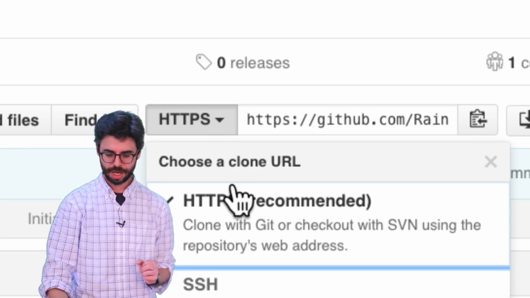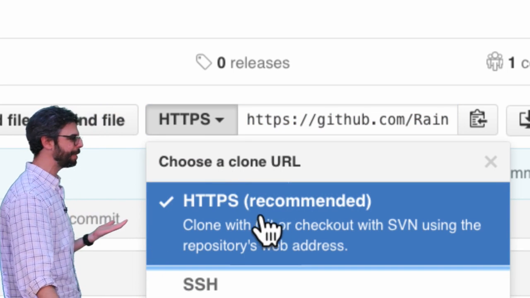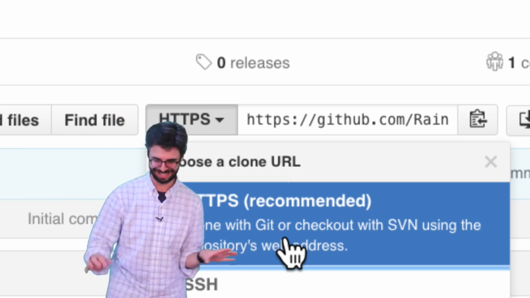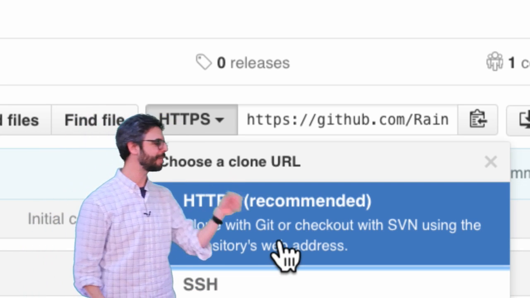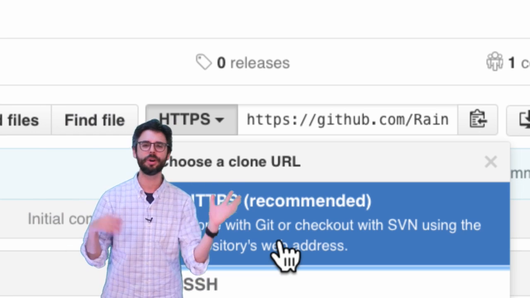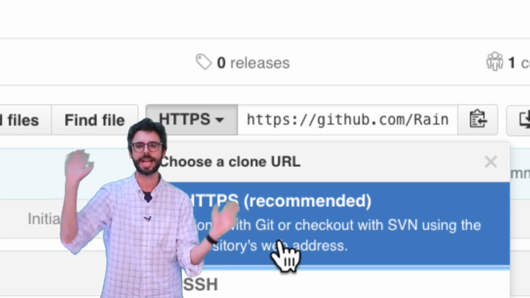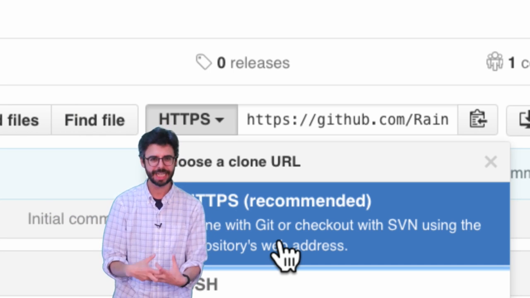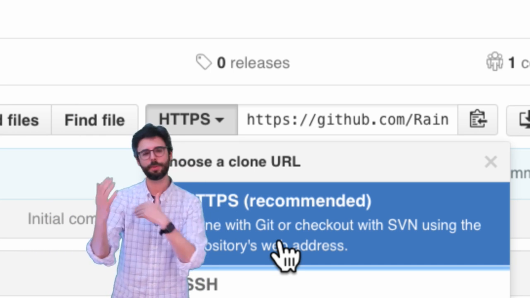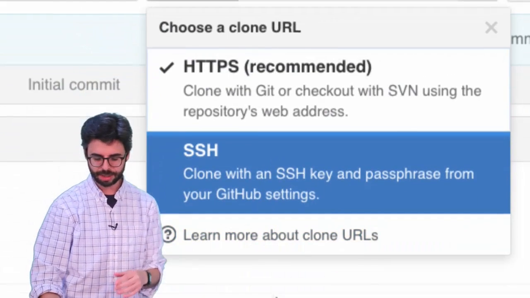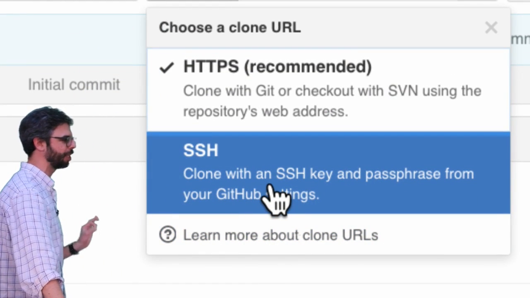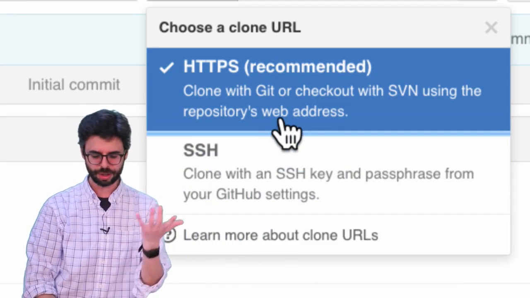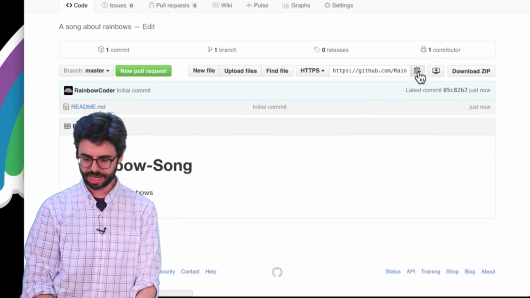Now there are different options. Choose a clone URL. HTTPS recommended. So this is what you want to use if you don't want to get fancy. In other words, I'm going to do it this way, and it's going to ask me for passwords every once in a while if I'm trying to save changes and that sort of thing. There is a way to store your user and password name permanently, on your laptop, to be able to push and pull and work with GitHub. That requires this other SSH option, which I will show you in a separate video because it's kind of like this convoluted thing. So for now, I just want to use this HTTPS, and I want to hit copy,